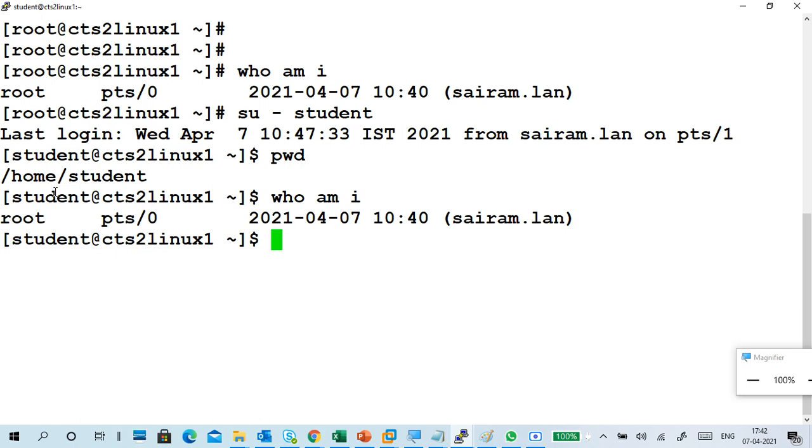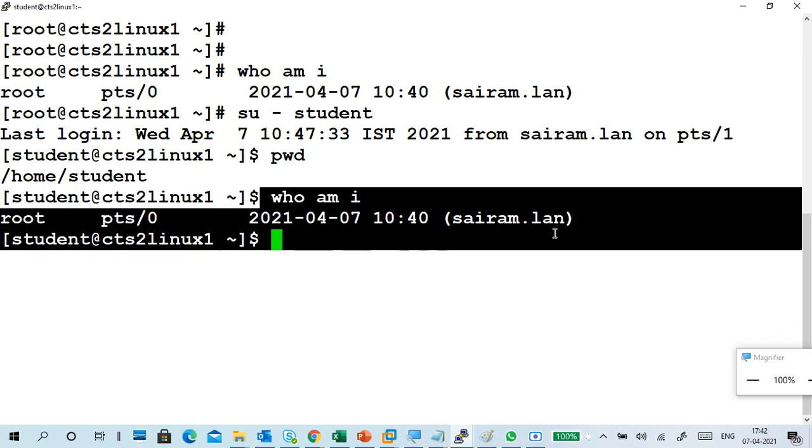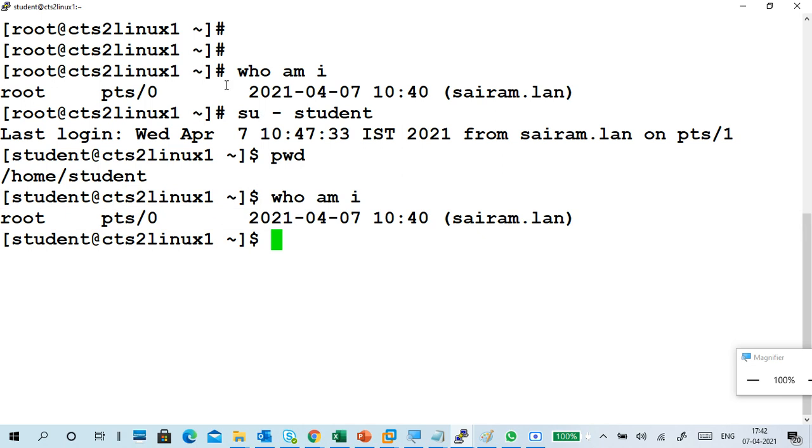If I log out from root and log in with student, then it will show student here. But here it is switching. I logged in as root and switched to student only.